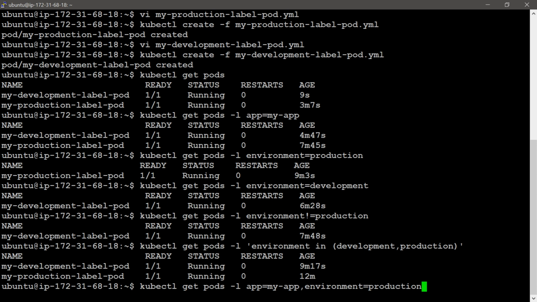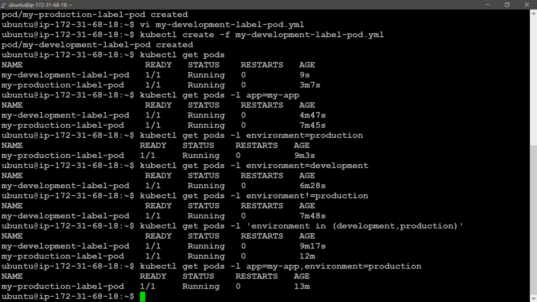If we want a particular application, we will give another label, app equal to my-app, so that it will list which app equal to my-app pods are running in this environment equal to production.